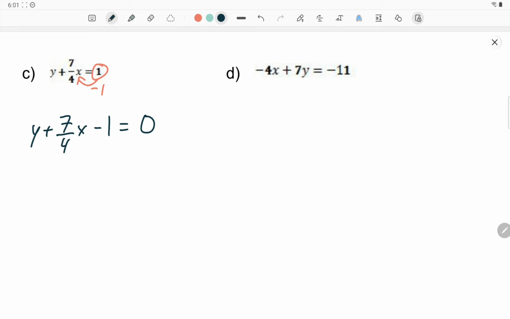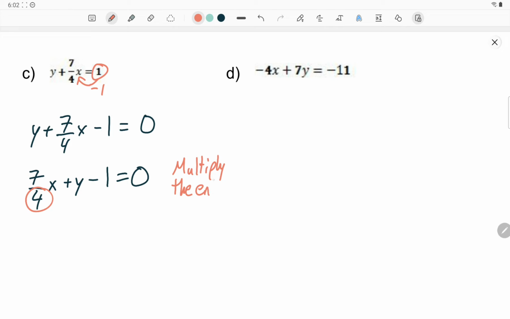We also need to take into account that we want things in the correct order. But there is also one last rule we need to take into account. And the last rule is we don't like fractions. So if you have a single fraction like we have here, what's the denominator of that single fraction? It's a 4. So what we can do is we can multiply the entire equation